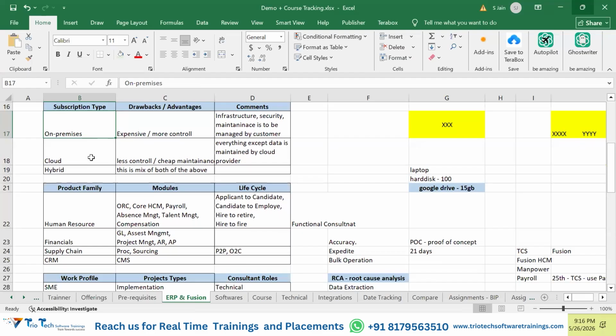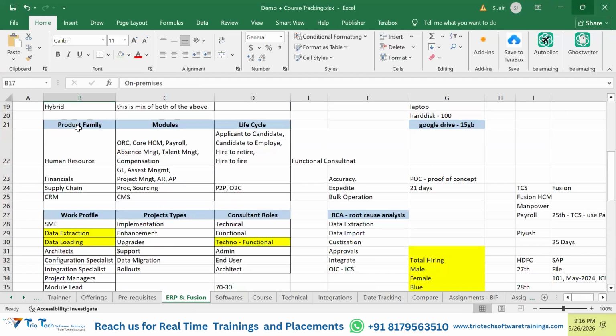Moving ahead, guys, as we said, an ERP application should be managing manpower, financial money and the material. These are the product families, and each of these products may have 5, 10 different modules to manage those particular things. Like in human capital management, we have modules called ORC, core HCM, payroll, absence management, through which the employee will be applying the leave, compensation management, through which we will be deciding the compensation of the employee, talent management, through which we will be doing the performance and monitor